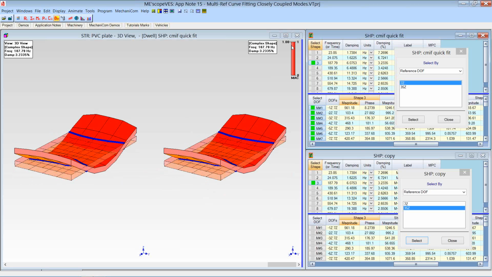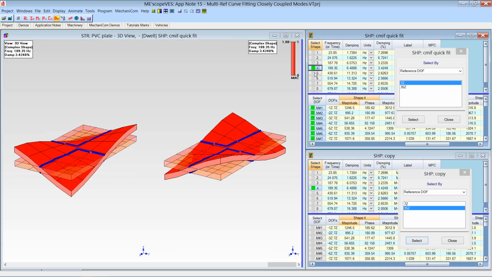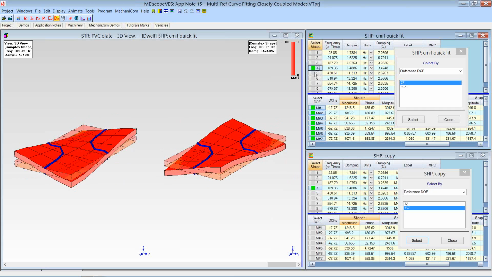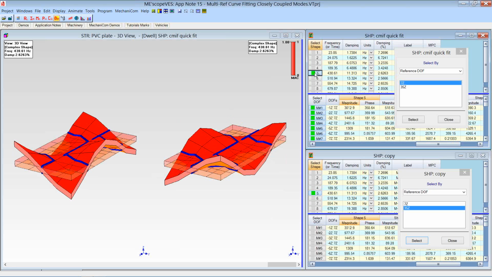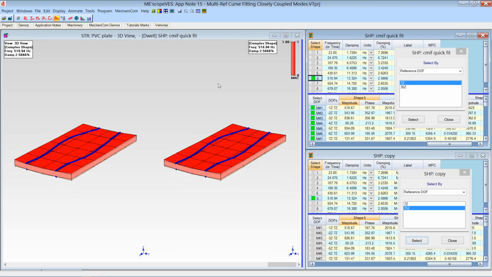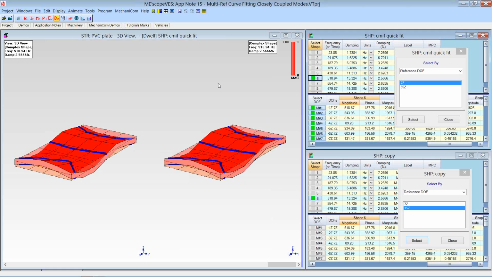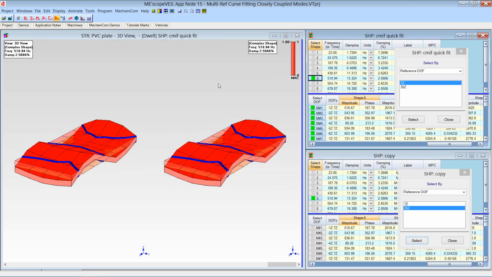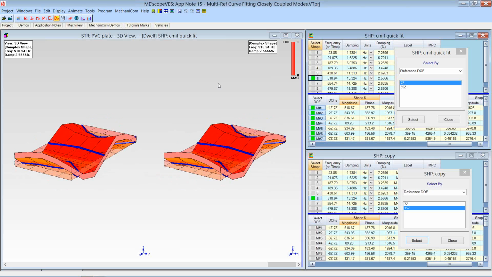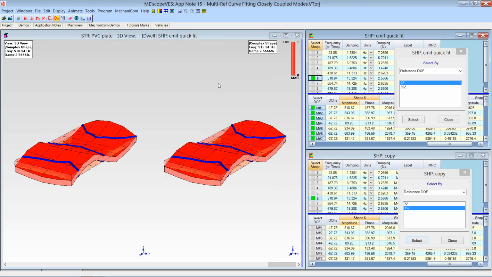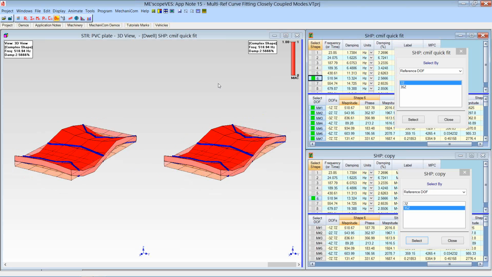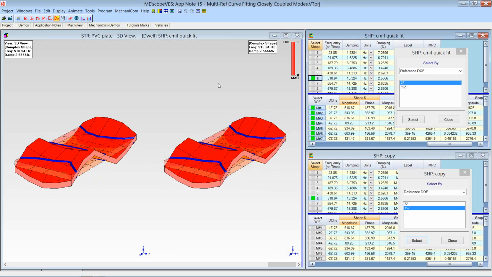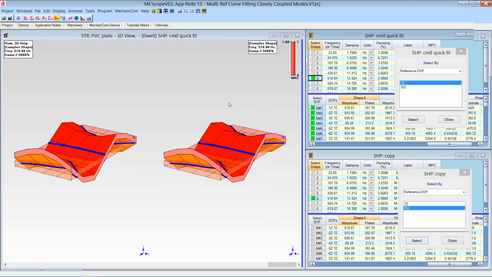And then if I go down and animate these other ones, you can see that they all match up, and this is from one reference versus another. So this is proving the point that I made, that the same mode shape exists in every row and column of the FRF matrix, if in fact it's a mode. Now if I animate ODS data right off of my FRFs and I don't see this property, then I know that there are two or more modes there. Let's go back to curve fitting. I'm going to stop this,